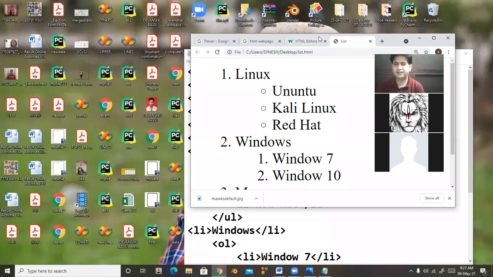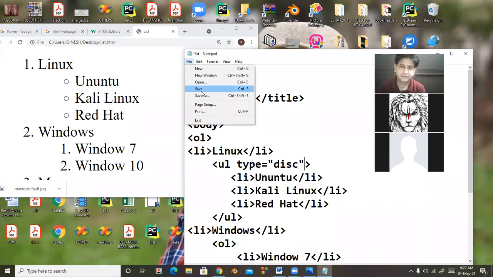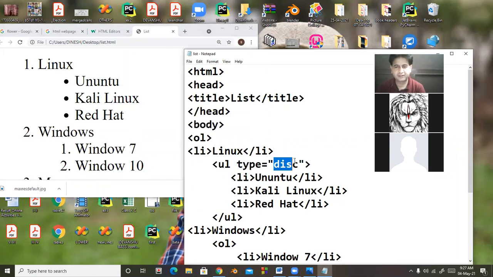So circles are there, by default. In place of circles, I want to display a disk, type equal to disk. So a disk is a circle with color filled. In place of disk, I can take square here.